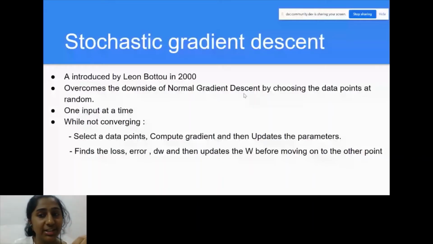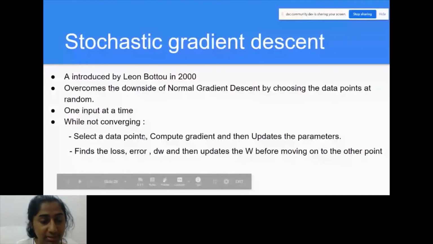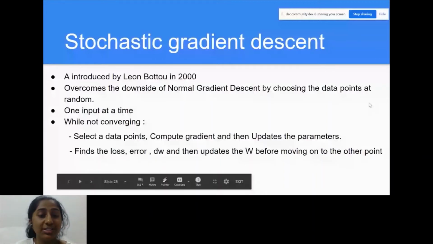What this does is it chooses the data points at random, one input at a time. It takes an input, then depending on how the input is, it changes the W value, right? And so on. So it selects a point, computes the gradient. By computing the gradient, the meaning is finding the loss, finding the error, dW, and then updating the W values before moving to the other point. So this is a huge process. This is definitely better than our normal gradient descent technique, but let's see how good it is,